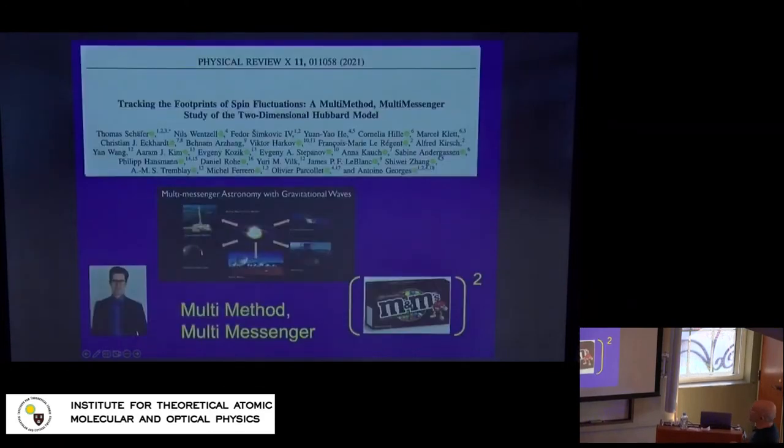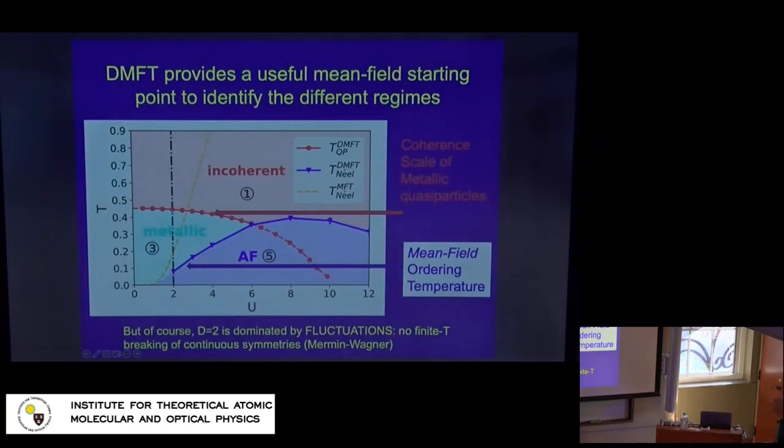Well, in practice, this is a recent paper in which we've used basically every single finite temperature method under the sun to benchmark what can be said of the crossovers as a function of temperature in this problem. We've called this a multi-messenger, multi-method paper because it uses like 15 different methods, and it also looks at many, many different correlation functions. I'm not going to review which ones.